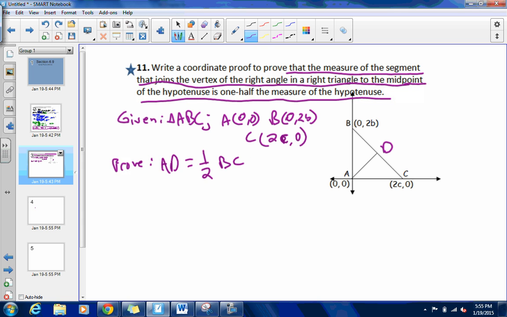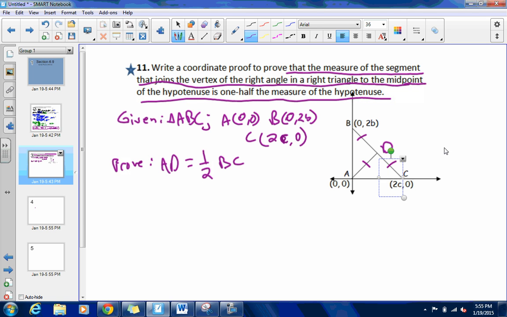Now I looked at that and I see that if this is 1/2 of this whole thing, and this is the midpoint D, then this should also be congruent to the 2 parts. So that's what I'm going to prove. I'm going to show that those three are congruent,